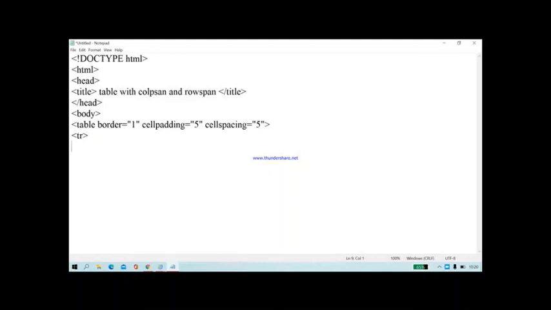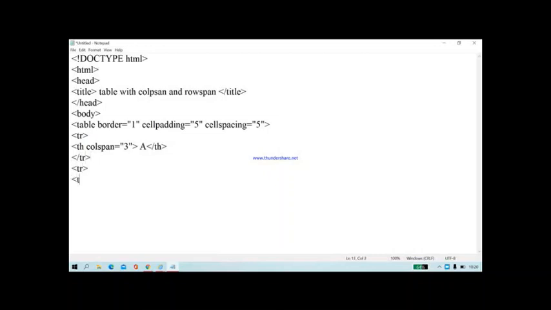So how many columns are there, that you have to count together, and that value will be your colspan value. So first see th colspan equal to 3. So I am giving just /th. Now after this your row gets over, so /tr.